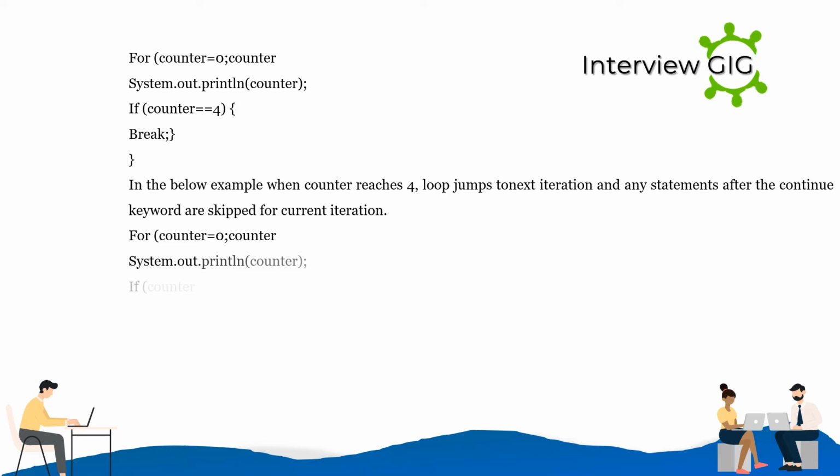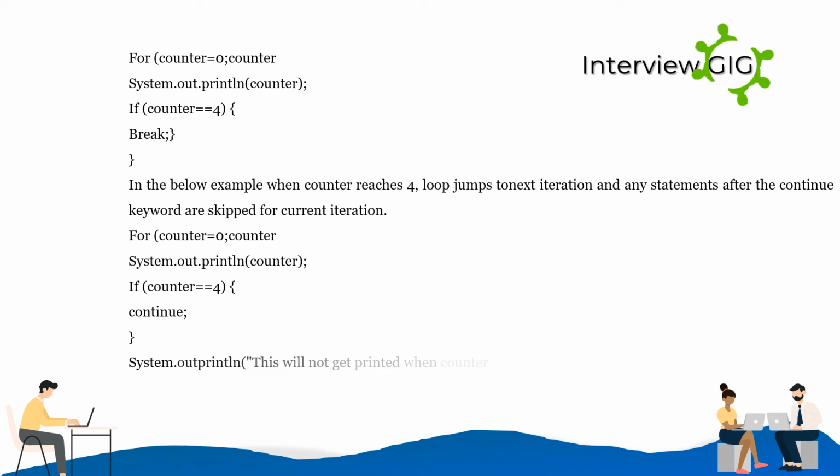for (counter = 0; counter < 10; counter++) { System.out.println(counter); if (counter == 4) { continue; } System.out.println("this will not get printed when counter is 4"); }